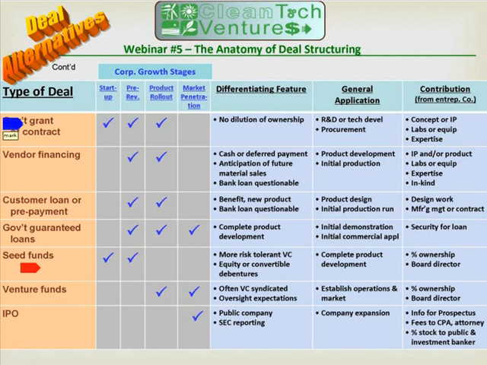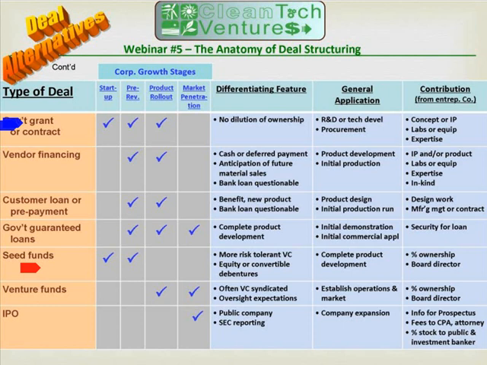Thanks, Carl. I'm going to highlight a few that have been very significant in the clean tech sector in the last few years and are likely to continue to be so for a little while. One is the government grant, which can be state and federal. And we're going to show some examples of a company that has obtained both in the course of their project development. And you might think of a grant as a gift from the government.